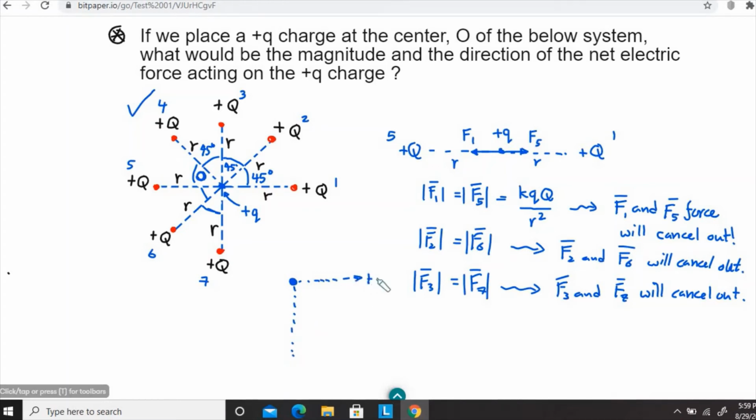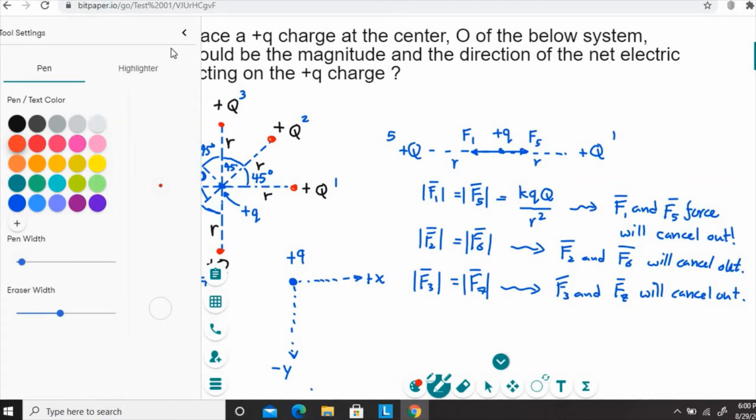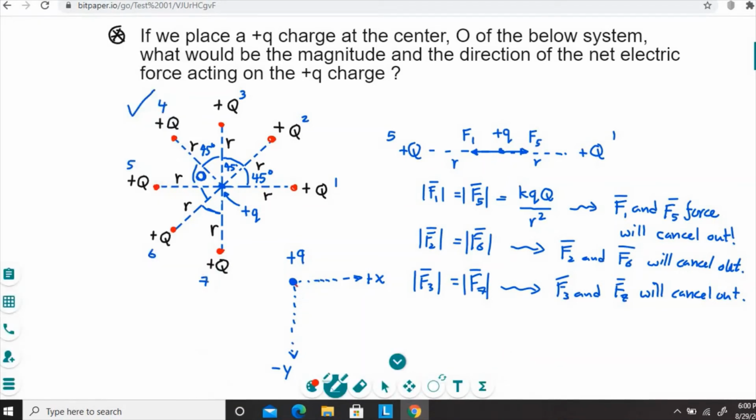So this would be the positive x-axis, and this is the negative y-axis. You can see this is the plus q charge. So the net force would be in this direction. The net force is in this direction, F net,